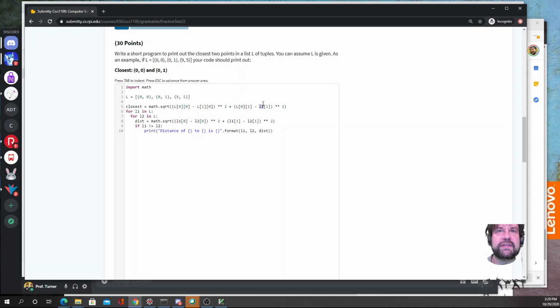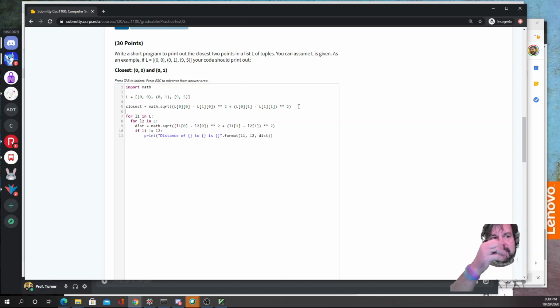The other way you could do this is you could just find an impossibly large distance, but then you have to worry about us testing with impossibly large distances, and your stuff may not work. So the closest distance we find cannot be any closer than that. The closest distance has to be no farther away than this,